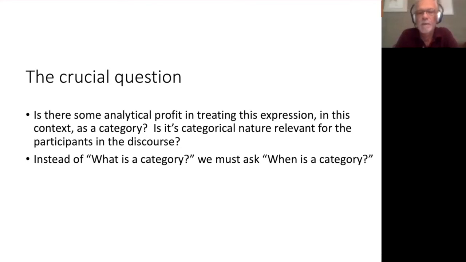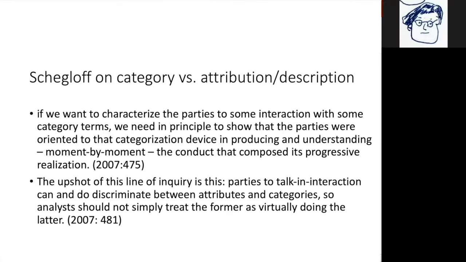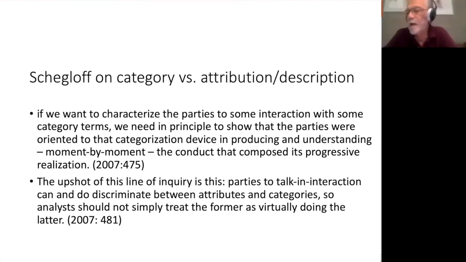So continue. Now we consider what Schegloff has to say about this. You can see it on the screen, but I'll read it along with you. If we want to categorize the parties to some interaction with some category terms, we need, in principle, to show that the parties were oriented to that categorization device and producing and understanding, moment by moment, the conduct that composed its progressive realization. That is, in other words, we have to be able to ascertain that this was a category for participants. And again, the upshot of this line of inquiry,